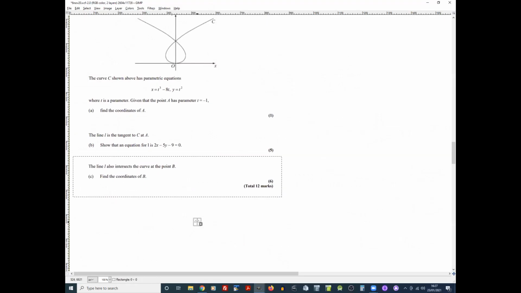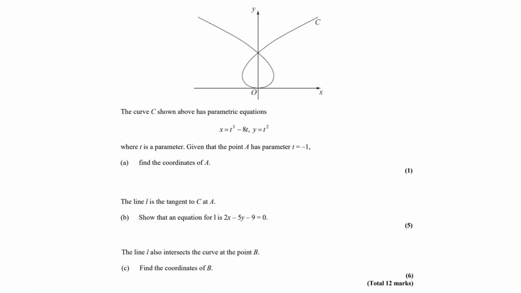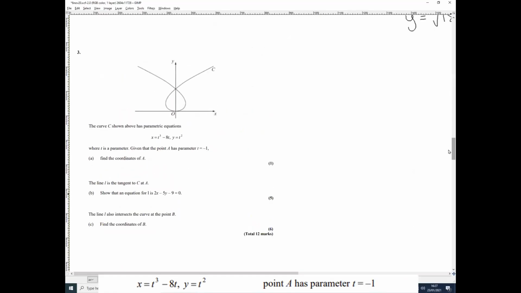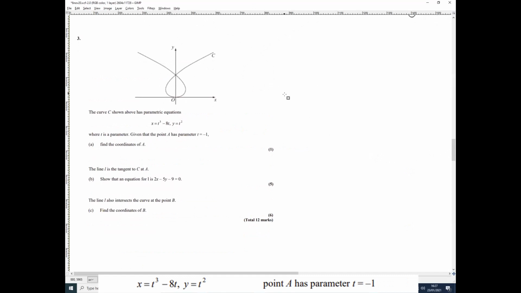Okay. Right, the curve C shown above has parametric equations as given. Find the coordinates of A, which is the point with this particular value of the parameter t. So that's an easy thing just for 1 mark. Find the coordinates of the point A,